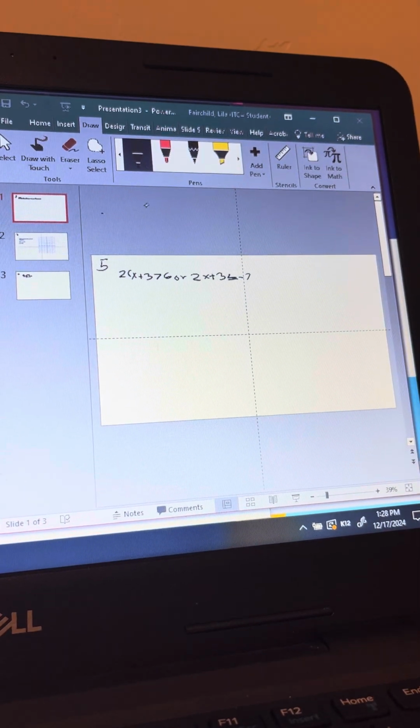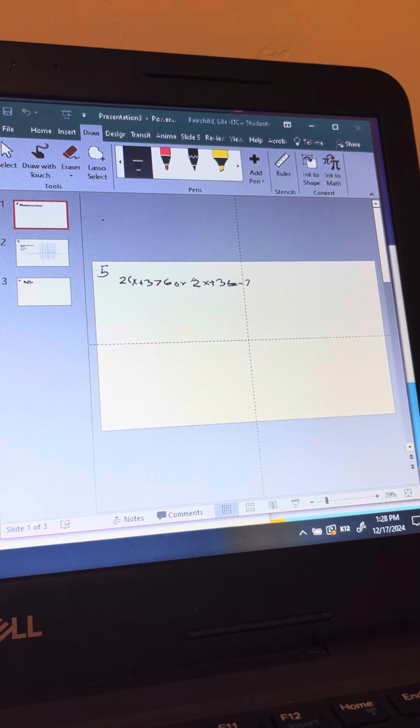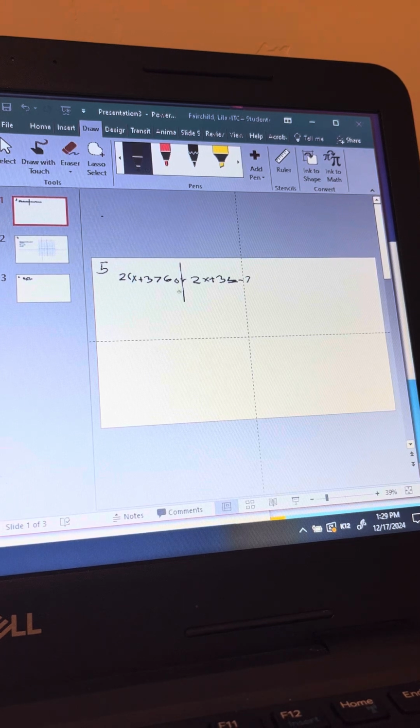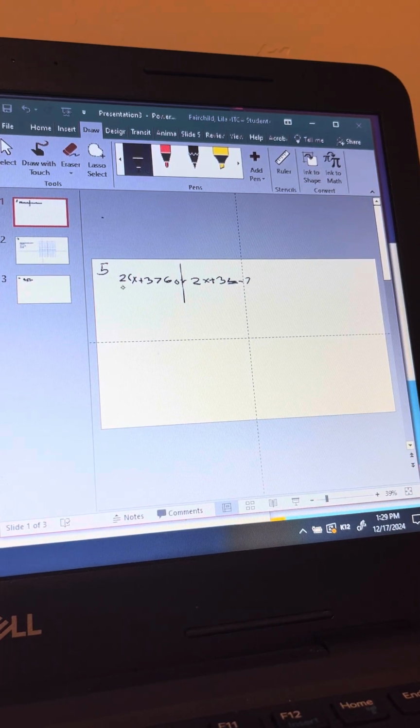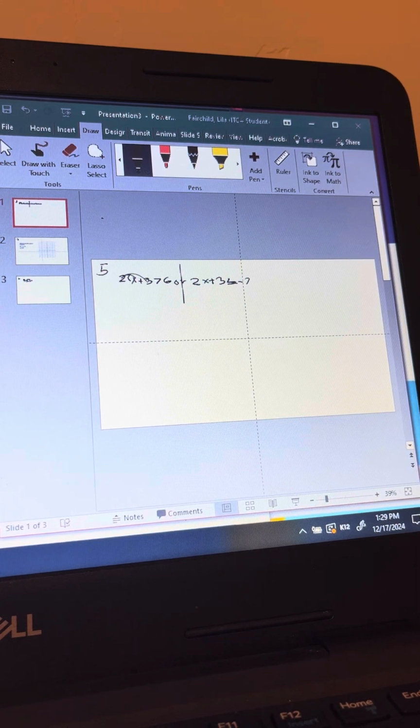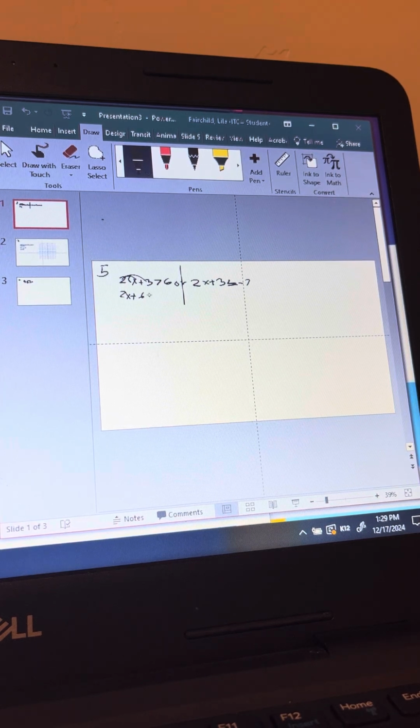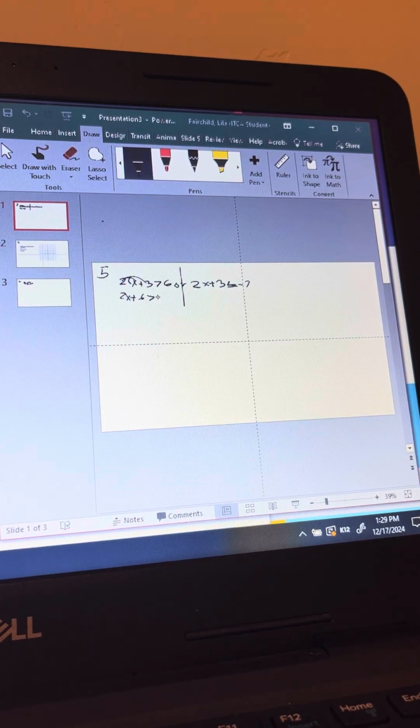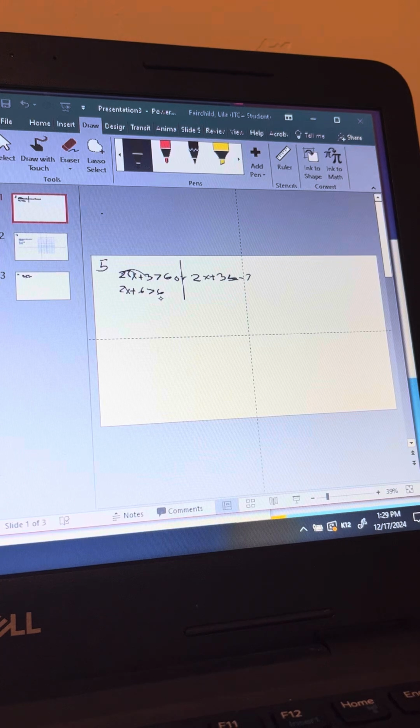Okay, this is how you do this. So you're gonna split this in half so that you can see the difference. So the first thing I'm gonna do is distribute. So it'll be 2x plus 6 is greater than 6, and then I'm gonna